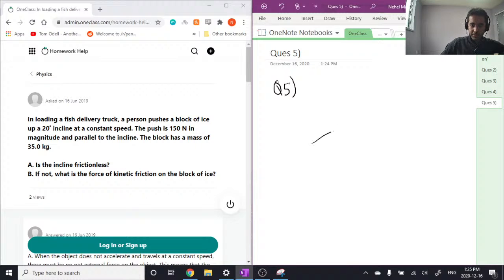So for question 5, we have an incline and a block of ice is being pushed on this incline, which is 20 degrees steep, and this is being pushed with a force of 150 newtons, which is parallel. So this force here is 150 newtons. And now the first part asks us, is the incline frictionless? So for part A,